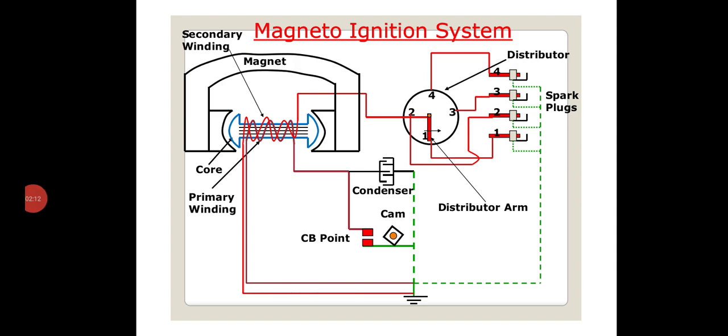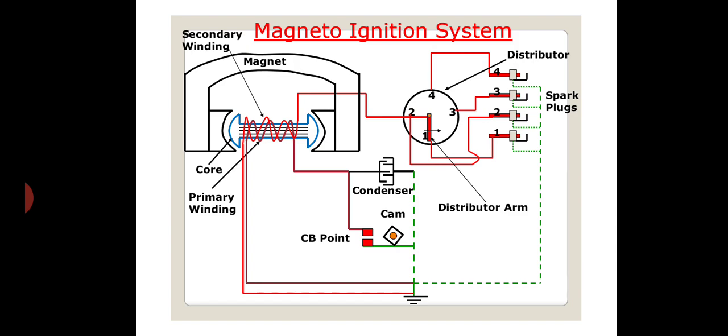The essential components of the system: an electric generator with the permanent field magnets and rotating armature which produces an alternating current, an induction coil with primary and secondary winding which are wound on the armature, a contact breaker to interrupt the generator primary circuit, and the condenser, a distributor to distribute high tension current to the spark plugs. So these are the essential components of the system.